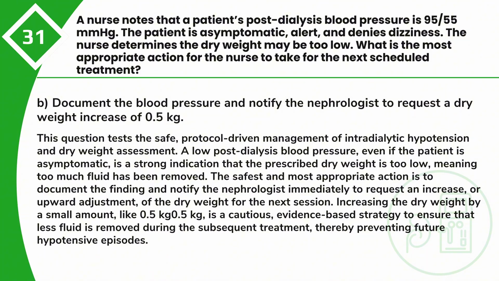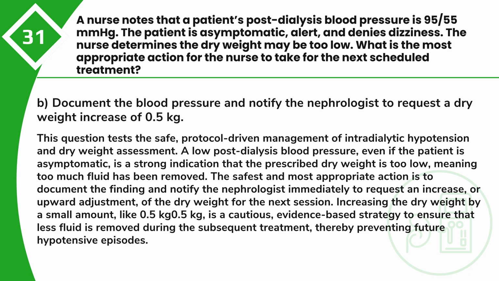The safest and most appropriate action is to document the finding and notify the nephrologist immediately to request an increase or upward adjustment of the dry weight for the next session. Increasing the dry weight by a small amount like 0.5 kg is a cautious, evidence-based strategy to ensure that less fluid is removed during the subsequent treatment, thereby preventing future